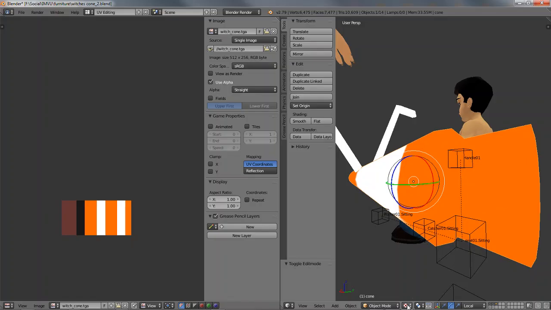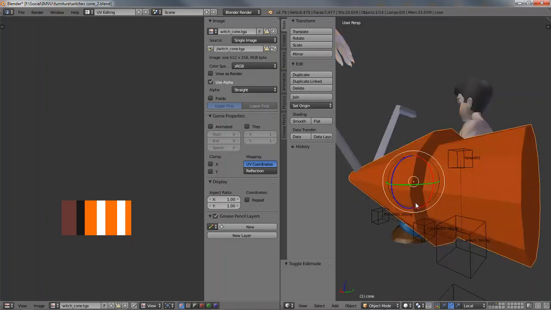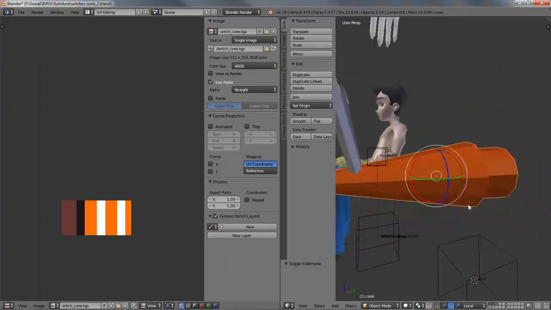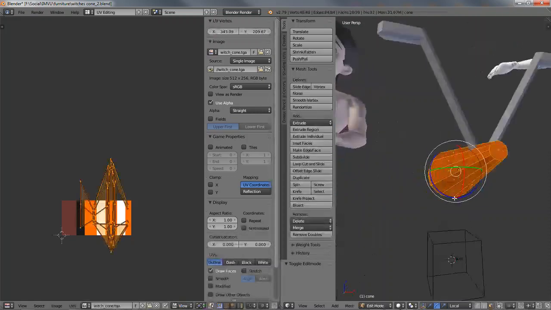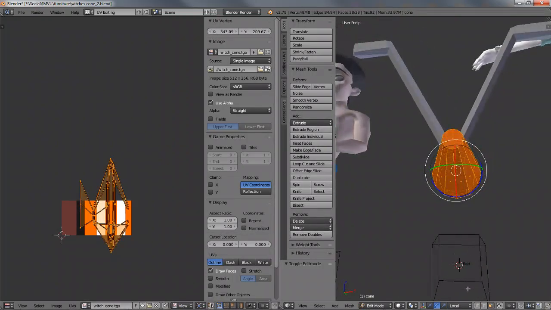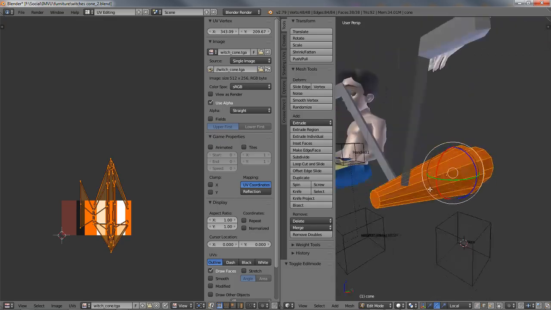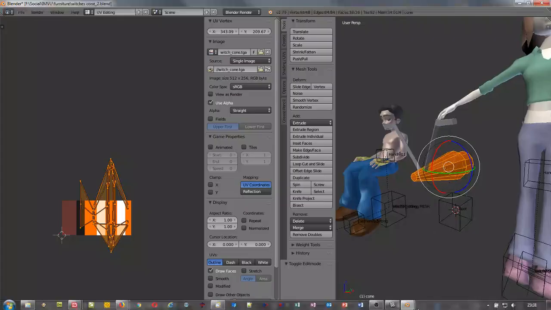For that we need to use seams. So switch back to solid to make this easy to see. Edge select. If you're stuck on using seams, or if you are having to rely on seams, when you're placing them, what you want to do is try and hide them. Now, looking at the